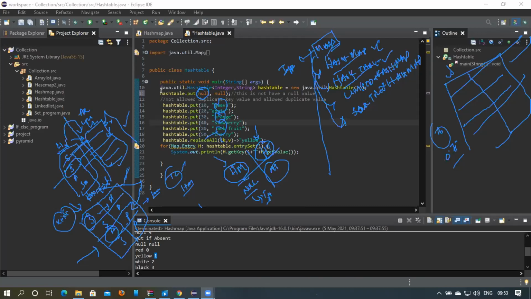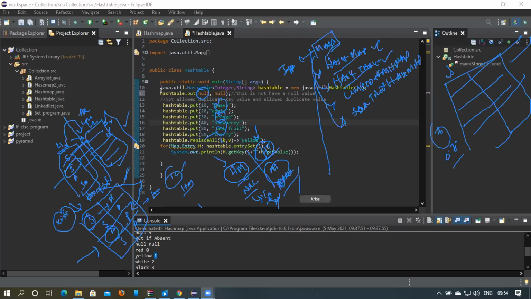The next one is duplicates. Here also it will not allow duplicates, but the hash map will not throw an error, whereas the hash table will throw an error if you try to insert duplicate values. For more information, I'll let you know about the basic differences between the hash map and hash table in the next few minutes, because one is faster and the other is slow.